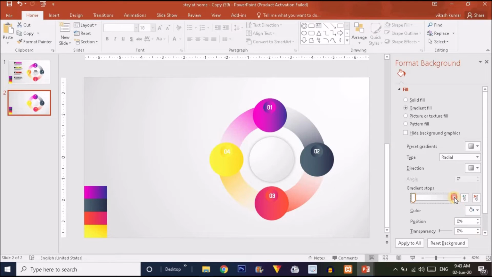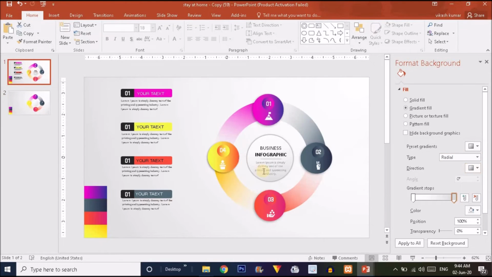For the right handle I have used the gray color, and for the left handle I just used a white color. And you can see the direction is this one, and the type is linear. So this is what you have to do in your slide.